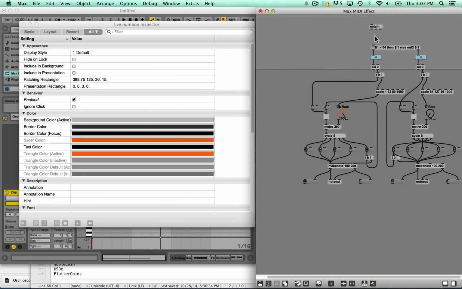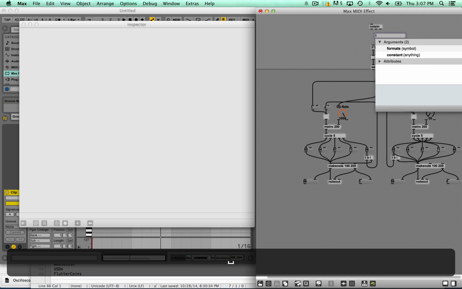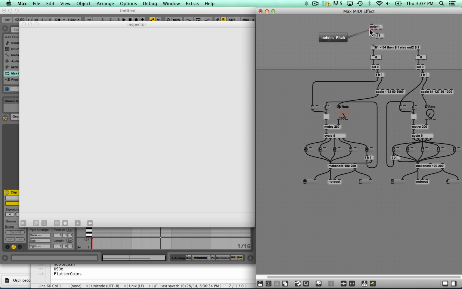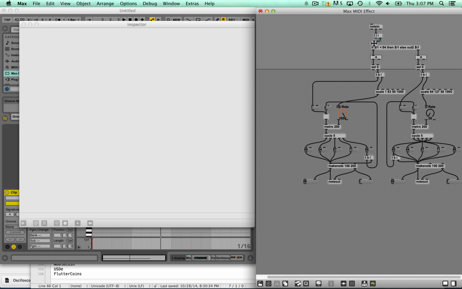So I'm going to create another trigger here. This time we're going to work with 2 integers, integer and integer. We're not going to use a bang, we're going to use 2 integers. I'm going to connect the velocity to the trigger of the integers. Okay, so the first integer gets fed into the if statement to figure out whether it's a low or a high velocity. The next one